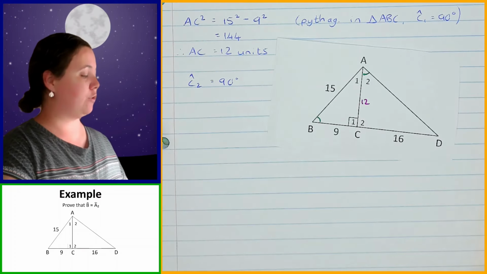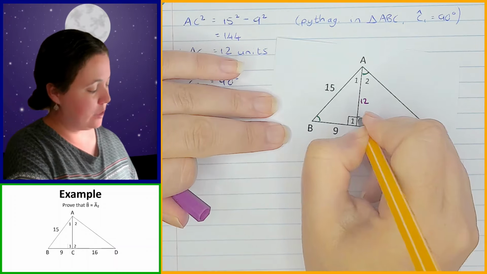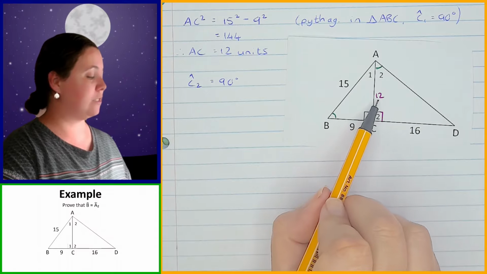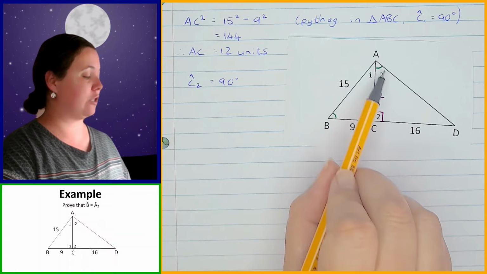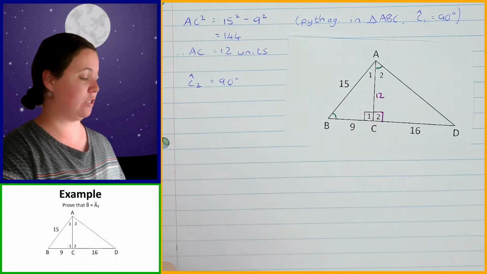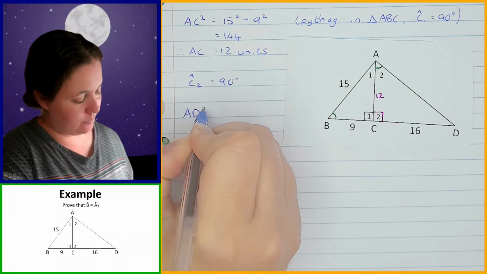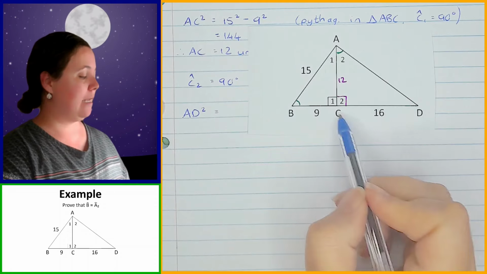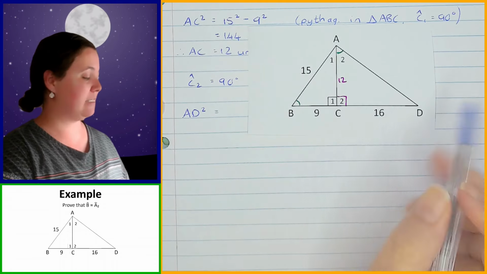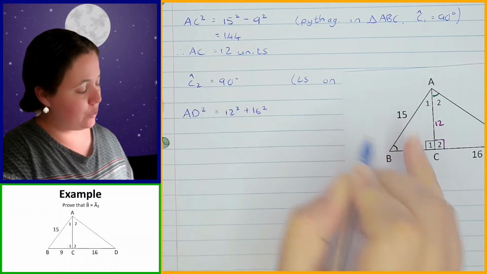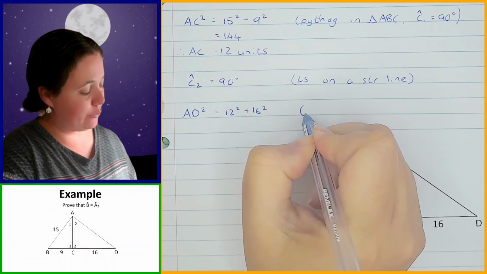Okay, so now I know that this is 90 degrees over here. So I can use the Pythagorean theorem in this triangle using the 12 and the 16 to help me to work out the length of AD, which is the hypotenuse. So AD squared is equal to 12 squared plus 16 squared. And the reason I can say that is because of the Pythagorean theorem